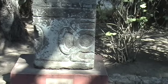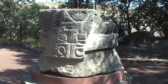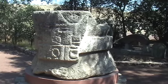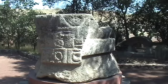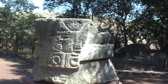Flower motif. This is believed by the finder, who was an archaeologist early in the 20th century, to be a brazier holding the sacred fire in the celebration of the calendar every 52 years. He found this on the